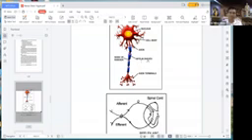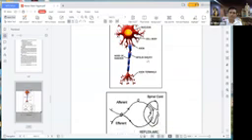Don't go into that much detail on the node of Ranvier. You have to know the myelin sheath because on that basis there are two types of neurons. We will go ahead and see these types of neurons. According to structure, there are two types: a non-myelinated neuron and a myelinated neuron. The axon is a longer structure of the nerve cell, a cytoplasmic extension of the cell. It is surrounded by a thin membrane known as the axolemma. It protects the axon, and the fluid and ions present on both sides of this membrane generate a potential difference and provide conductivity for electrical stimulation. These are non-myelinated neurons.